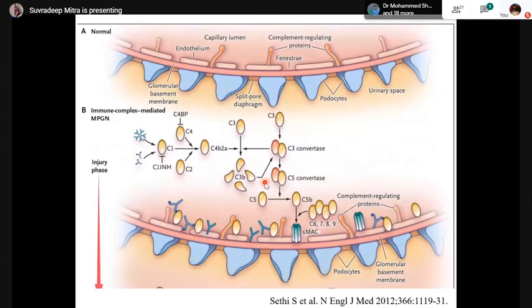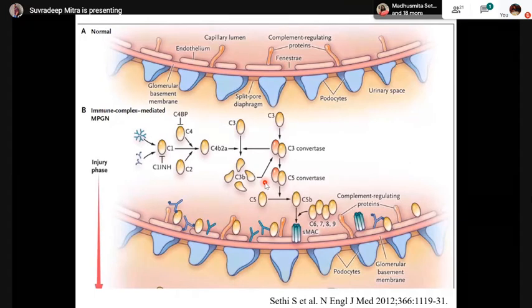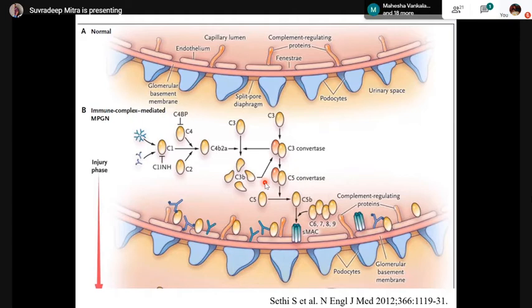So when we do the direct immunofluorescence for MPGN pattern, we either see an immune complex mediated pattern, which means immune complex deposition, or we see complement deposition only. Immune complex deposition means you see IgG, IgA, C3, C1q, kappa, lambda, all these kinds of deposits. Or you tend to see only deposition of C3. So now look at these nice schematic diagrams given in this NEJM article. When you have an immune complex mediated MPGN, just like lupus nephritis,